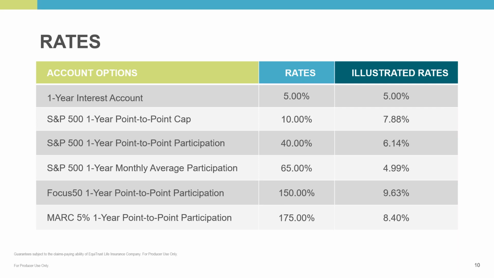Obviously, there's not necessarily a right or wrong approach when it comes to the index crediting side and how you allocate the money. As I mentioned, we're seeing the fixed account being utilized quite a bit because of that 5% fixed account rate. And then just going back to the standard typical S&P 500 annual point-to-point with a cap at 10. Just know that you do have the ability to reallocate that money on the contract anniversary. So you're not stuck in one index crediting strategy for the next 10 years. You definitely have the flexibility to move those premium dollars around on an annual basis.